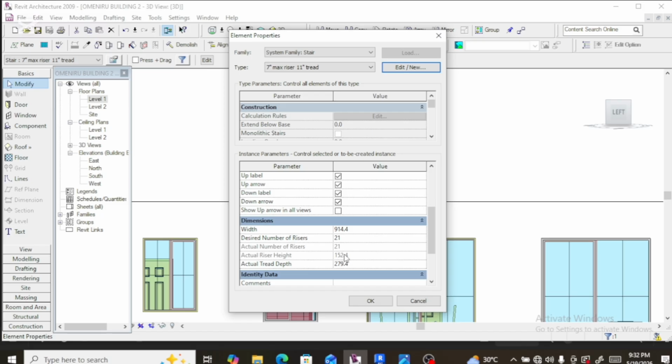So if you want to set this, what you need to do is to set the actual number of risers needed to attain that height. Then you come here and change this command to the actual riser you wanted to work with. Then it will change this command at once. So okay,